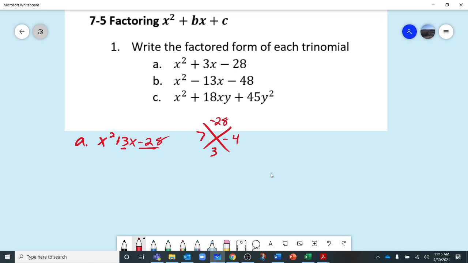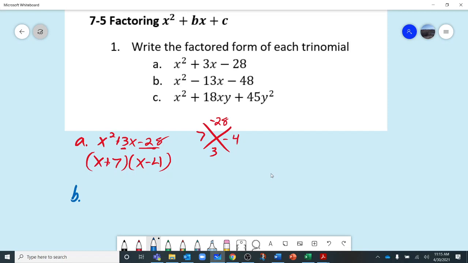And so I can factor this because I don't have an a value. I don't have to regroup any of this or anything. And I can just write x plus 7 times x minus 4. And that's really all there is for A. For B,